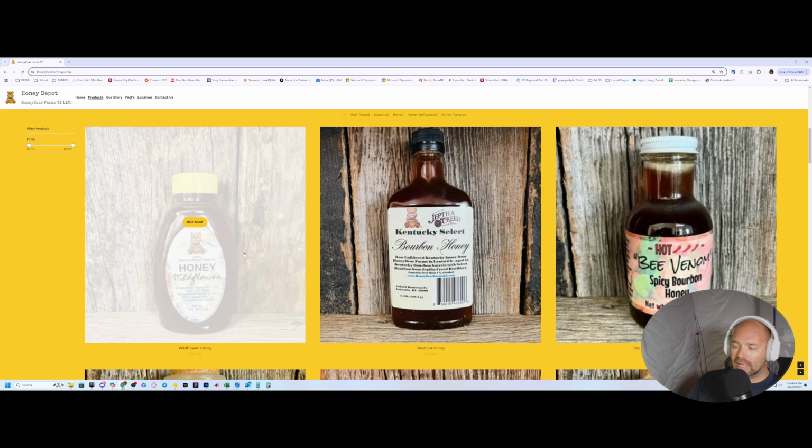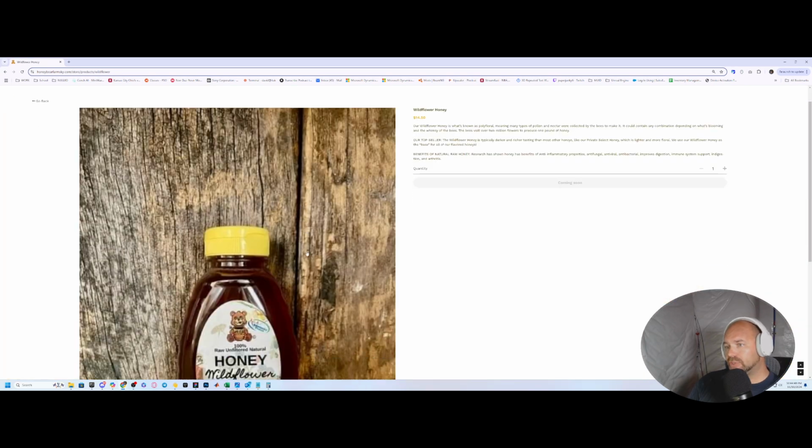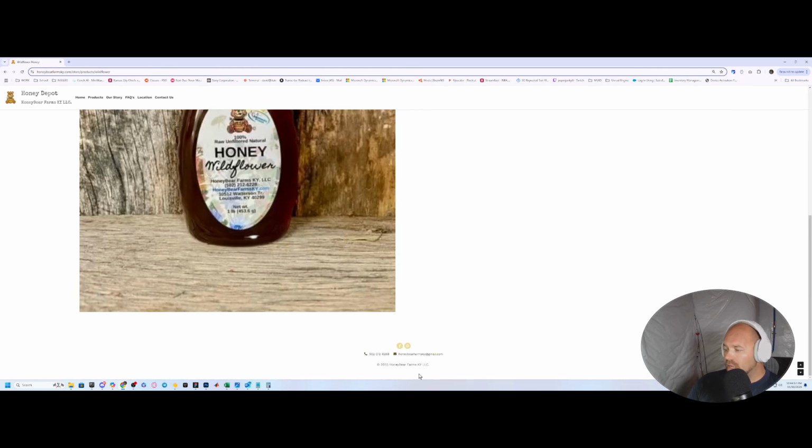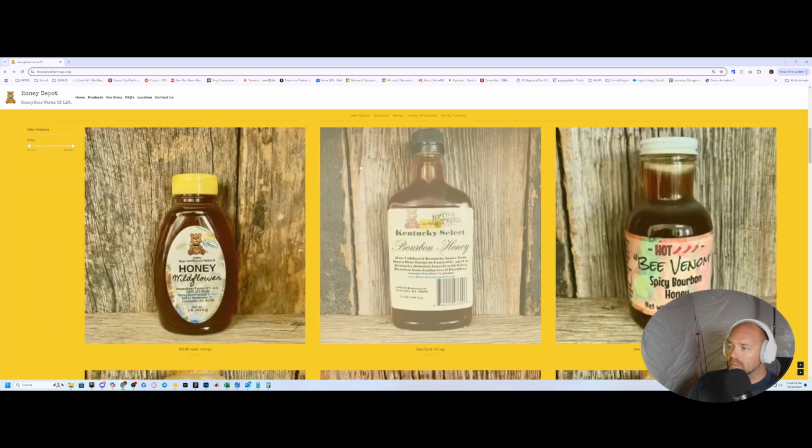So you would highlight over it and hit buy now. It takes you to a whole other section of the website. It says coming soon, so it's under construction. You can actually hit the plus and minus. It has their footer and stuff. But what I did